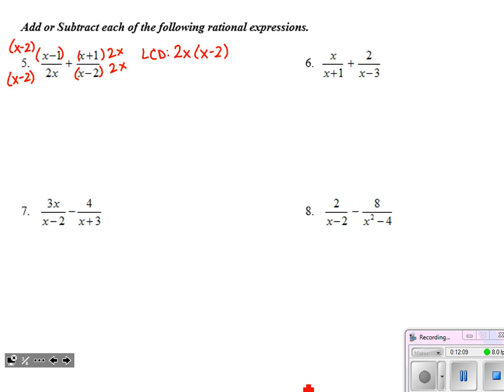Okay, now across the top, that's where this addition actually takes place. I need to FOIL over here and distribute the 2x on the right. So if I FOIL that out, I'm going to get x squared minus 3x plus 2. Then comes that big addition happening in the middle. Then I will have 2x distributed in. That's 2x squared plus 2x. And that's all happening over our common denominator. We're just going to leave that factored out.